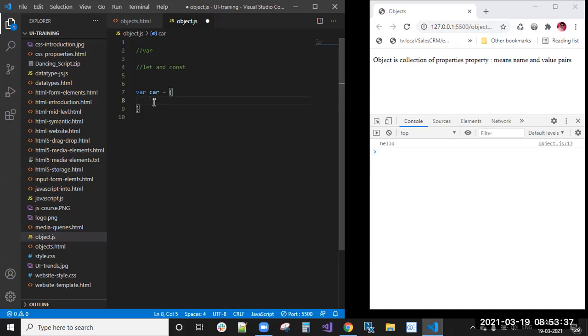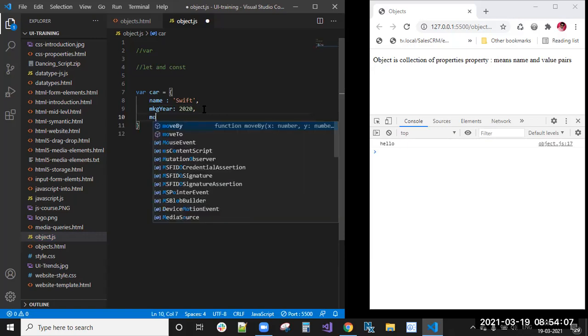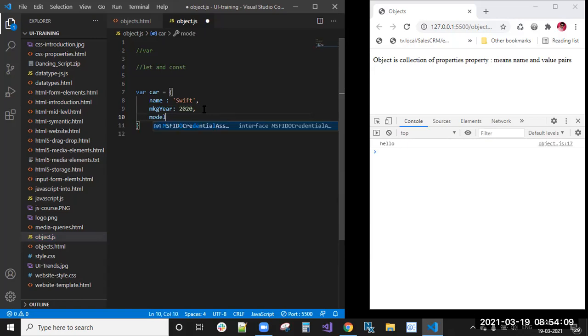The car has a property name, car name, some Swift, and making year. Don't write a dot inside, I'll let you know why soon. We'll see. 2020, the making year and the model, otherwise maker.